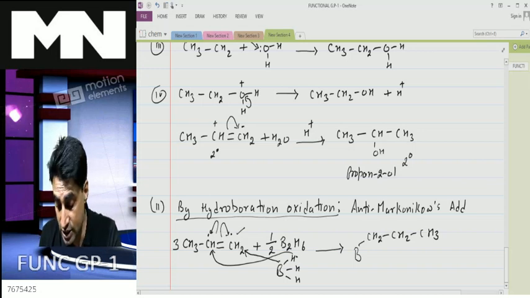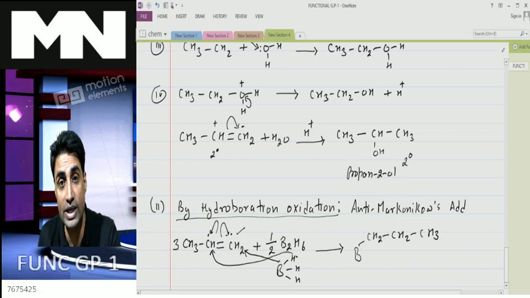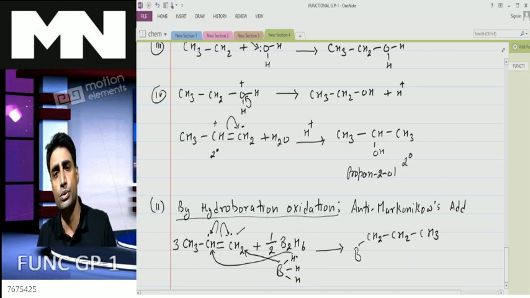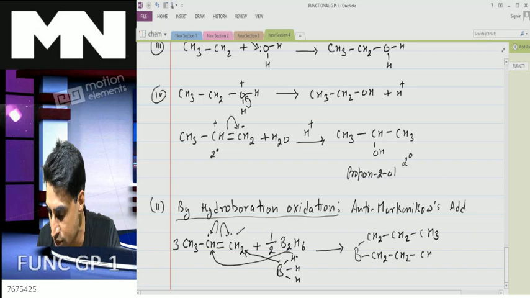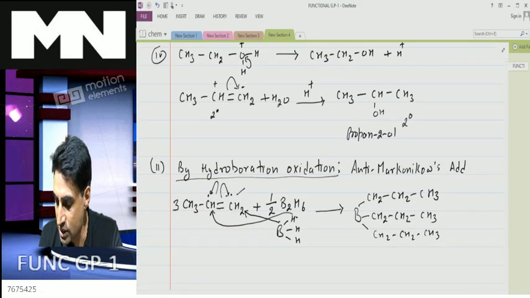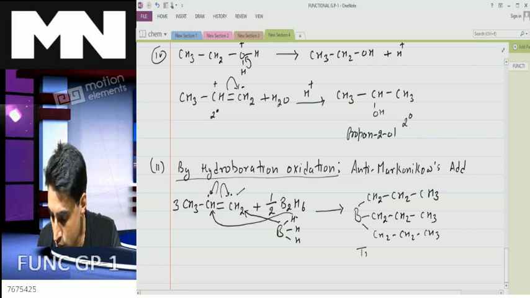Again, there is homolysis in borane. You get an H free radical and a boron free radical. The H free radical will combine with the CH free radical, leading to CH2. The boron free radical will combine with CH2, leading to a molecule like this. Since you have three molecules of propene, this reaction will take place three times. So another molecule I will get in the same way, CH3, CH2, CH2, and again CH2, CH2, CH3. This compound is tripropyl